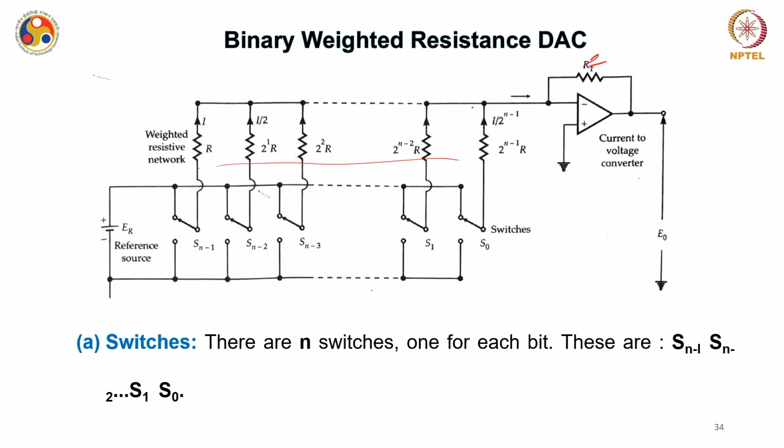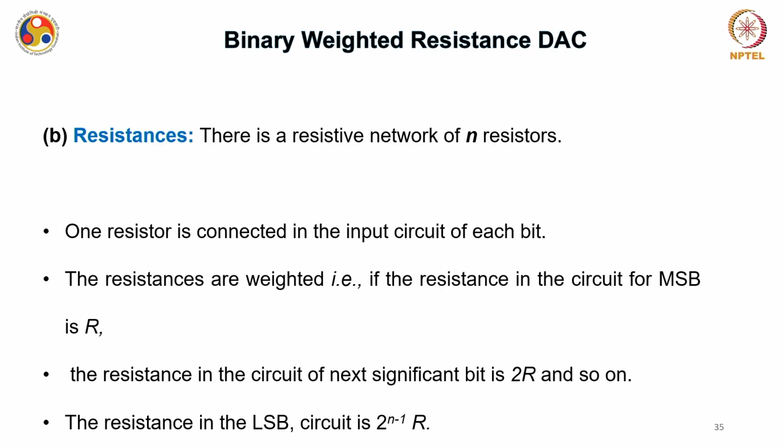So, if the DAC is of say n bits, there are n switches. That means you have one dedicated switch for each bit. So there are switches S(n-1), S(n-2), down to S1 and S0. Now, there is a resistive network of n resistors also here. One resistor is connected in the input circuit of each bit, and the resistances are weighted, meaning that